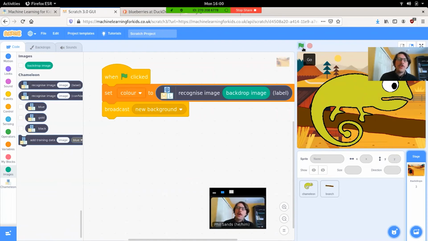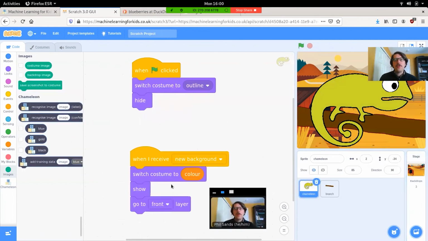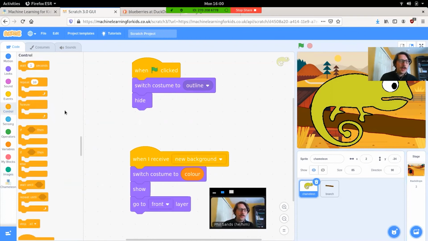Now, you could even take this whole program a step further, right? Because you could change the Chameleon's code so that before it switches its costume to whatever color it receives, you could have it ask a question. So as an example, I could do this. Let me go to the control, and I'm going to ask this question. If